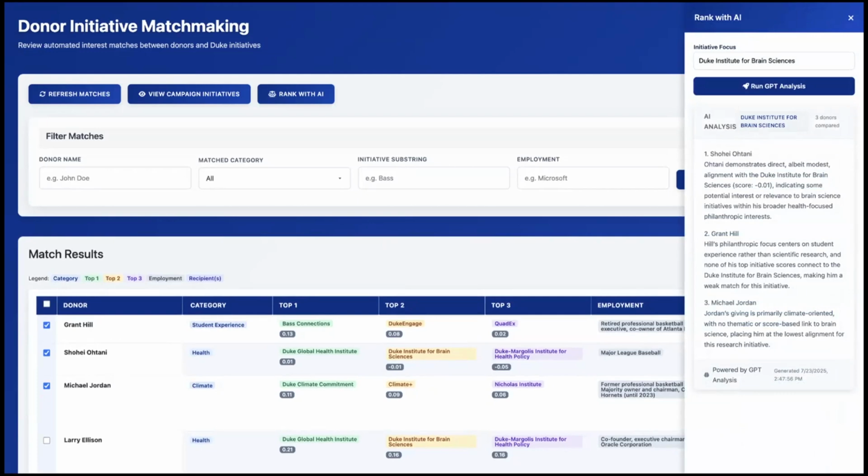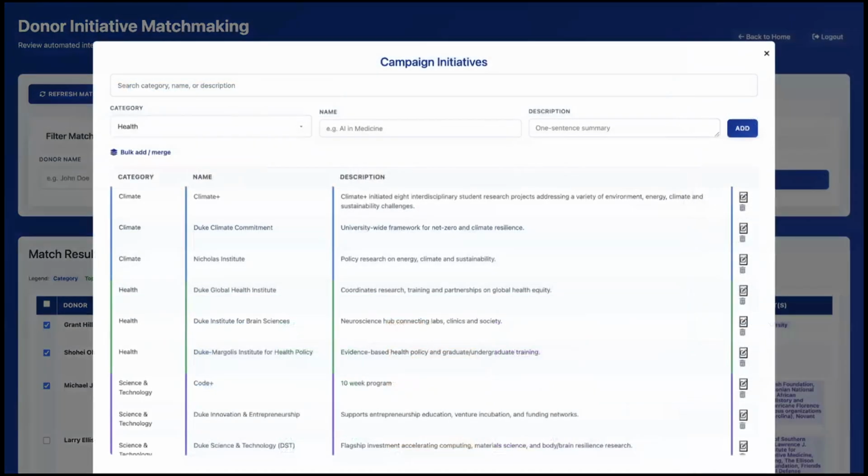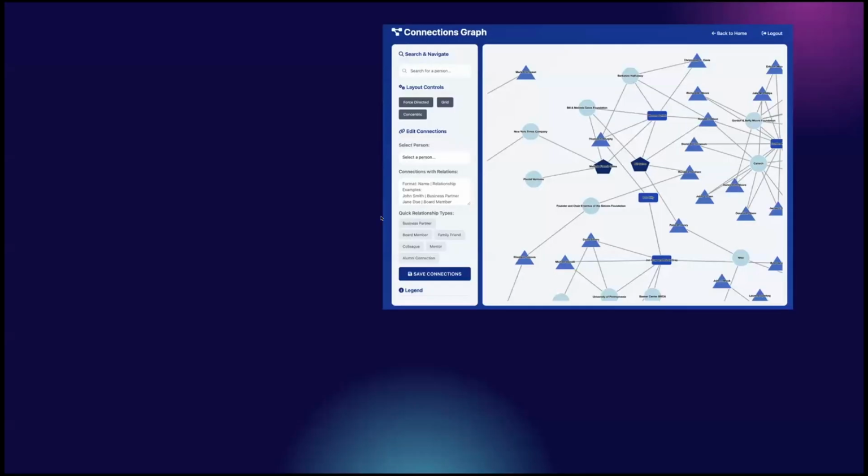to different Duke initiatives. So currently, Duke focuses on four key campaigns, which are climate, health, science and technology, and student experience. However, you can add your own initiative based on emerging priorities or specific department needs. So we can add like Code Plus if we need to. And last but not least, we have a connections feature, which Maria will talk you through in more detail